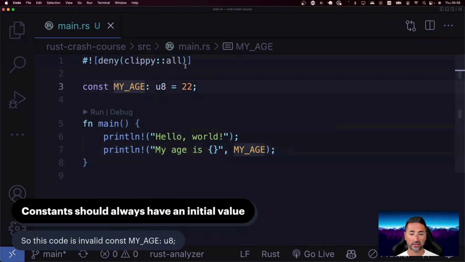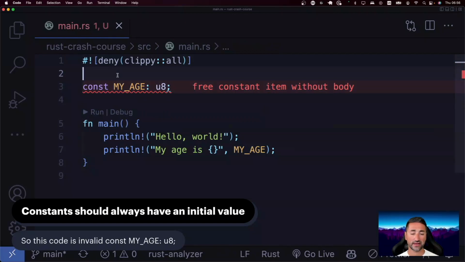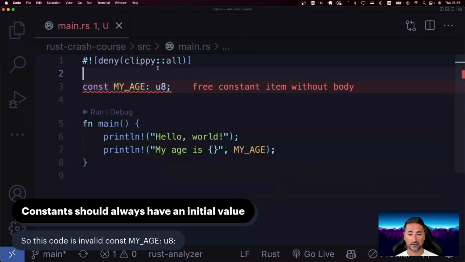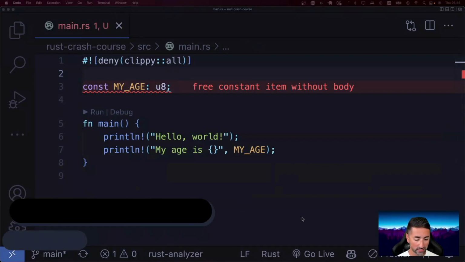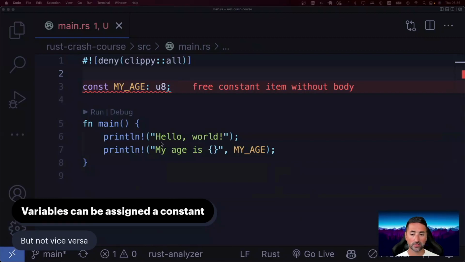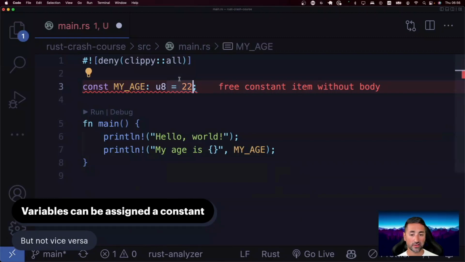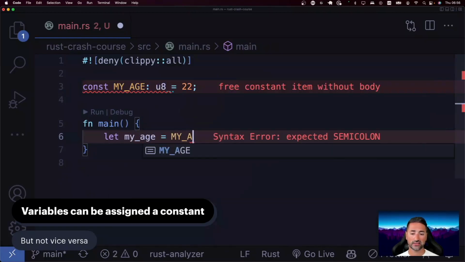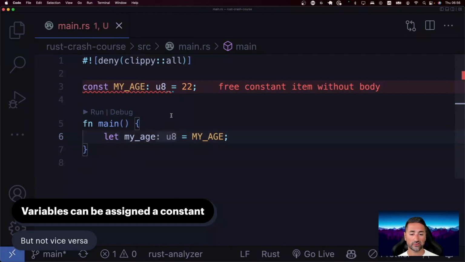Now, constants should always have a default value, meaning that you can't create a constant like this and just expect everything to work, because you can see it says this constant doesn't have a value or doesn't have a body that becomes an expression that evaluates to a value. So always specify a value for your constants. So a variable can contain the value of a constant, but not the other way around in Rust. So in here, I can say let my age is MY_AGE, as you can see in here. Okay, so this is completely valid